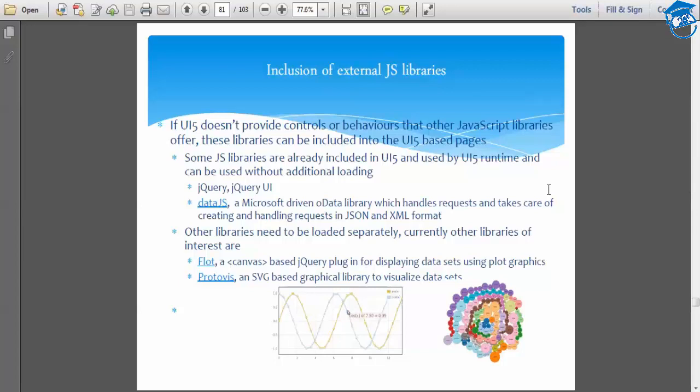Let us take an example now. Button, when you press, there is an event already in the standard SAP UI5 control. Now you want to add a hover, which is not there at present, because the button, when you hover it, there is no event now. You can handle that event by extending it. That is one way of extending controls, using an already existing control and extending it.